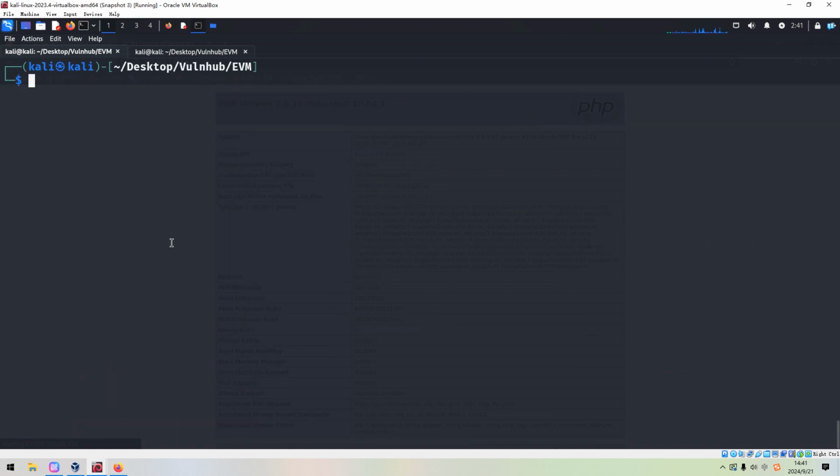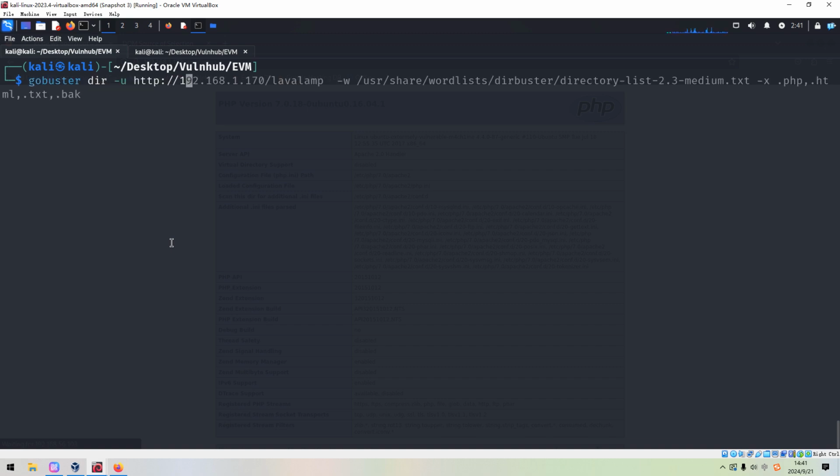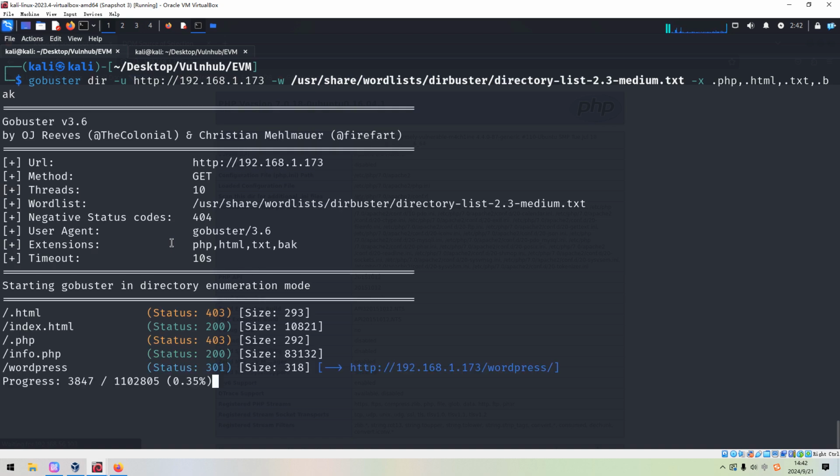So we can put it aside for a while, and next we can launch GoBuster to do the directory enumeration, with the wordlist, directory, and extension options. Press enter. GoBuster can immediately discover info, which was already discovered by Nikto, and also WordPress.